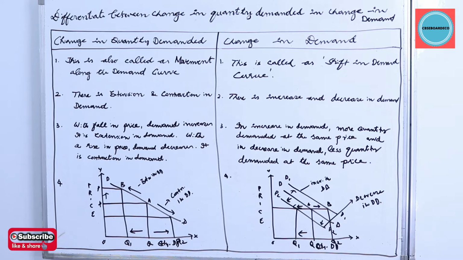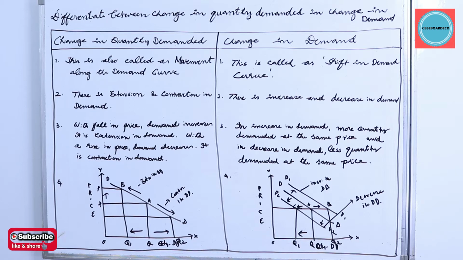Under change in quantity demanded, on the x-axis you have quantity demanded, on the y-axis you have the price. DD is the demand curve, OP is the original price, and you are at point A on the demand curve. The quantity demanded is OQ. The price of the commodity has gone up from OP to OP1. You can see in the graph the quantity has come down from A to B. That is extension,